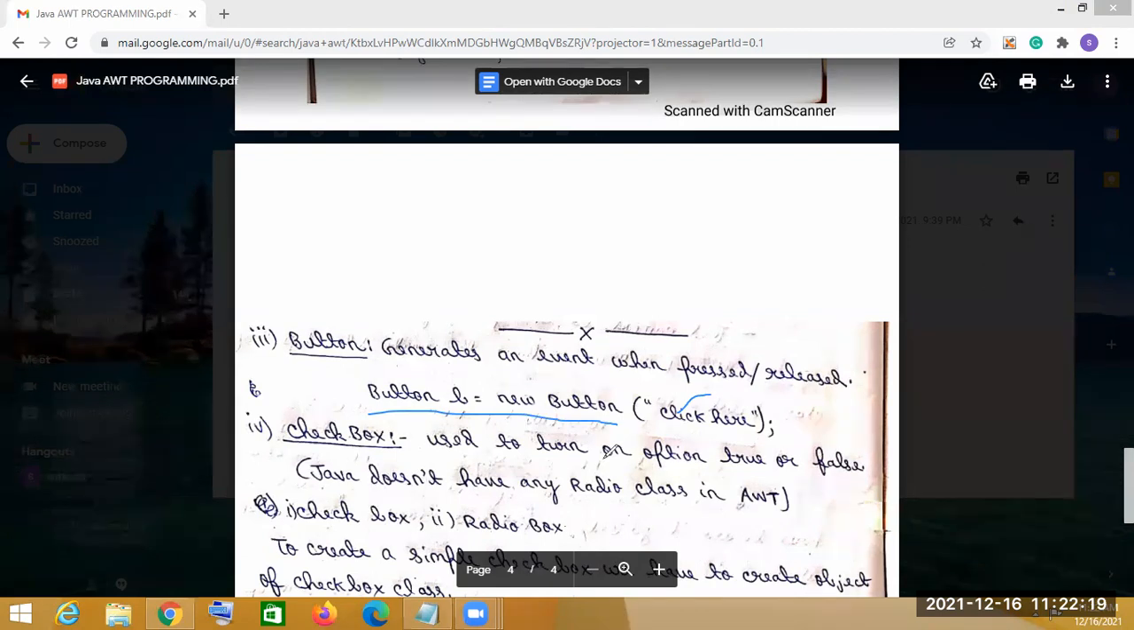Then the fourth type is what? The fourth type is checkbox. Now, what is a checkbox basically? In a Google form, you have seen that sometimes there is a field written like department, and under the department you have mentioned